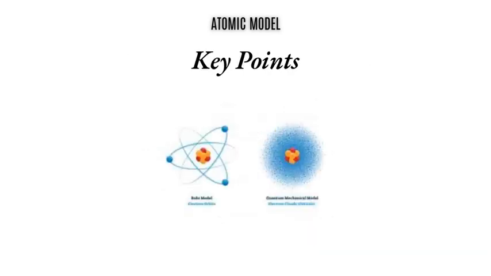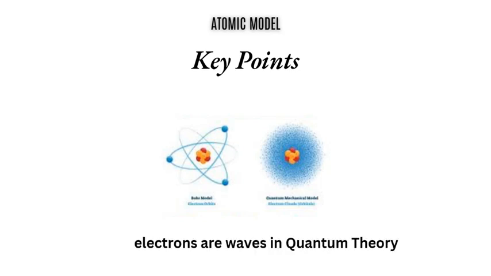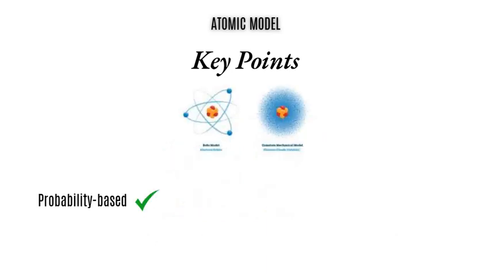The quantum mechanical model of the atom is based on quantum theory, which states that matter has properties connected with waves and other particles. The model describes electrons in an atom as waves rather than particles. The model is based on probability rather than certainty and indicates the likelihood of finding an electron in a specific region of space. It is based on Schrodinger's wave equation, which can be solved to yield a series of wave functions. The square of the wave function represents the probability of finding an electron in a given region.